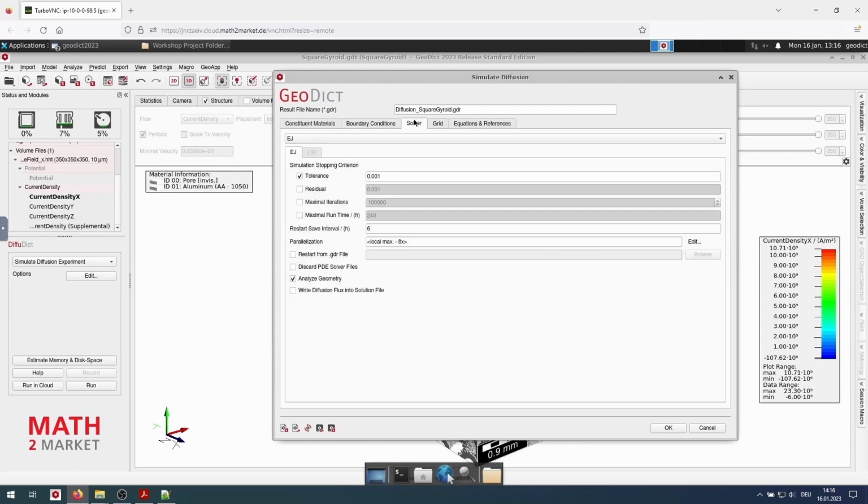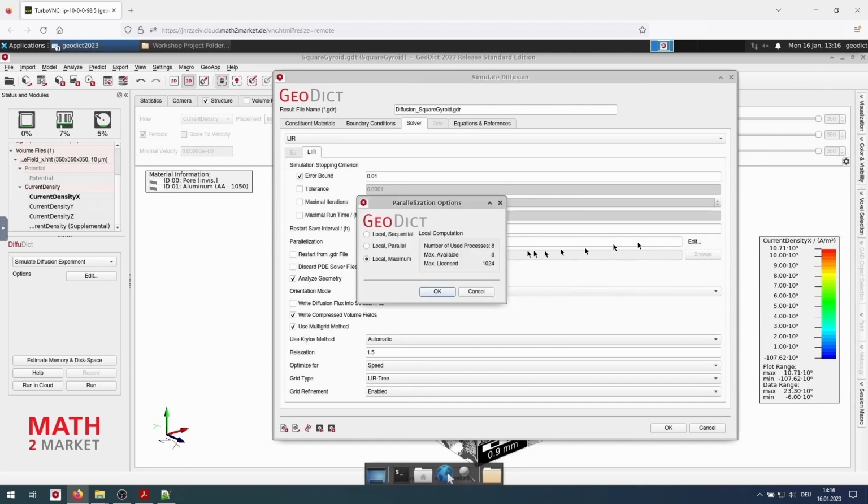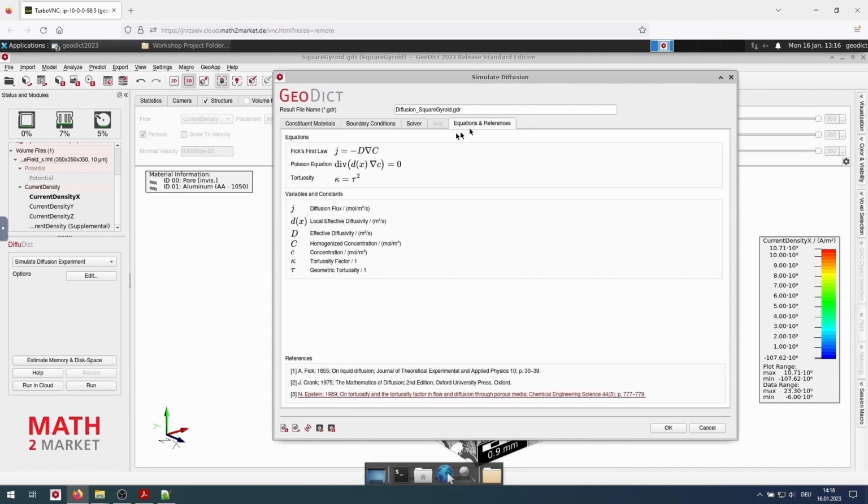In the solver tab, we select the LIR solver. We could also change the parallelization, but for this case, we want to have the local maximum, which gives us the fastest results possible for our configuration. In the tab, we have the equations for the diffusions.